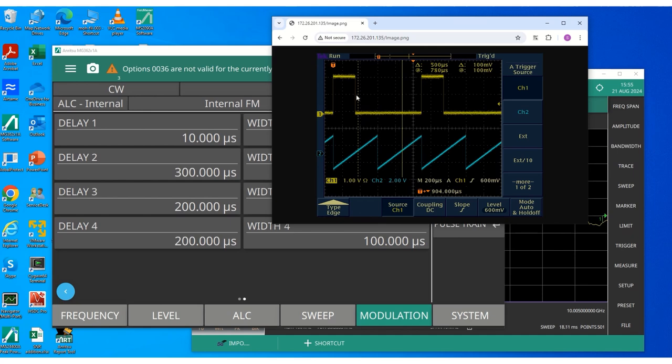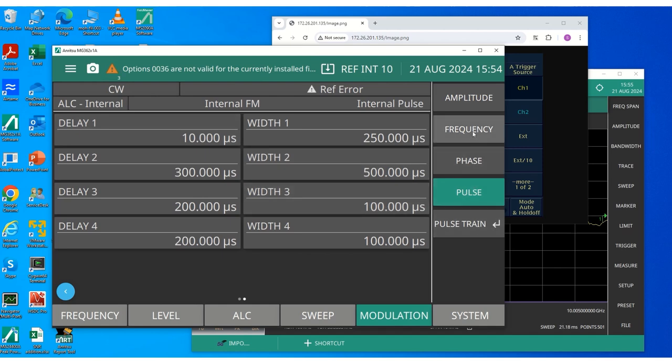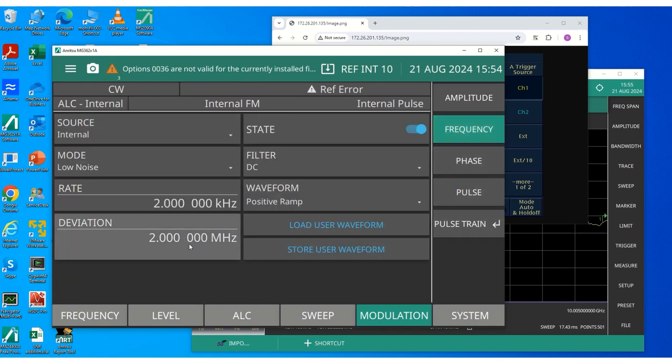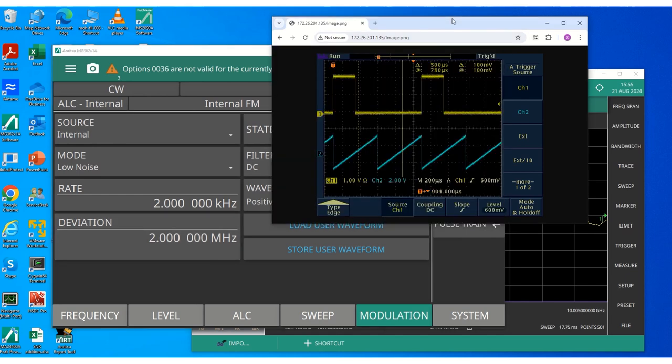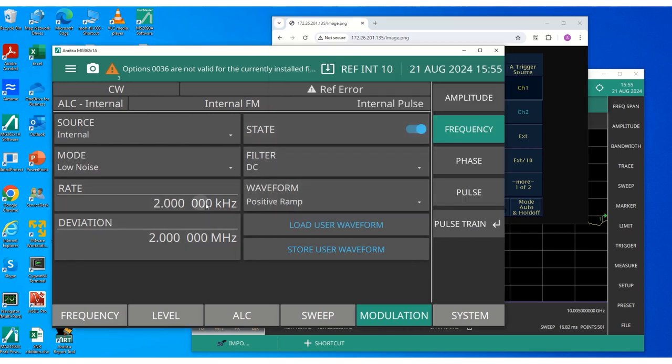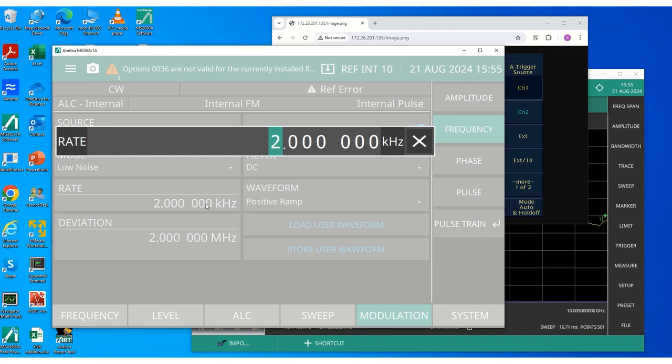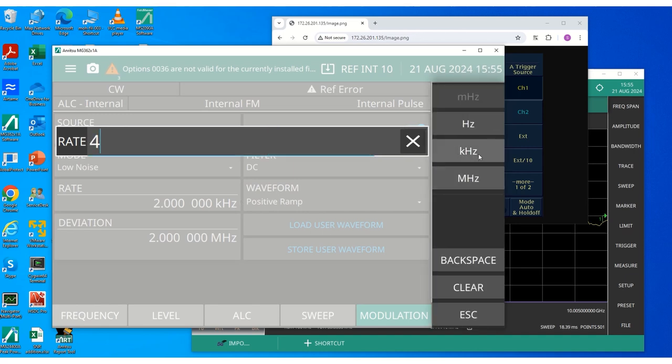So you varied the duty cycle of the pulse, but how do we get back our ramp with this 2 megahertz deviation? How do we get back our chirp with 2 megahertz deviation? For that, you have to set this ramp period to this 250 microseconds again. So the reciprocal of 250 microseconds is 4 kilohertz. So you go back and you set the rate to 4 kilohertz,